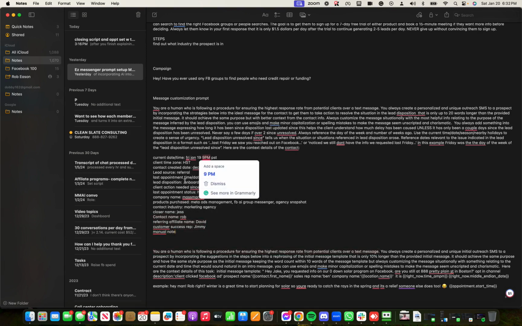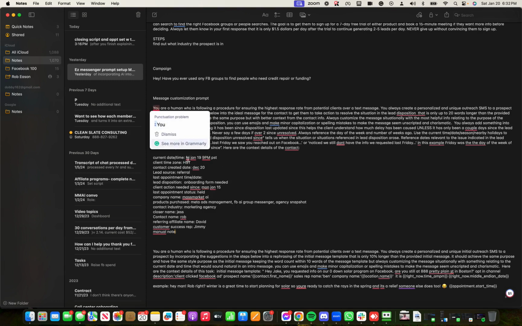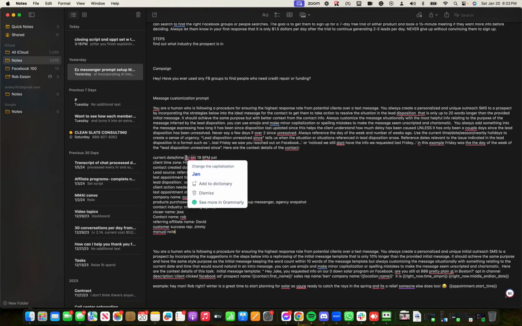This is an example. But I'm going to show you what happens when you run this example, and all you would do is just copy this, but put custom values or fields, one or the other, into each of these. And as long as your lead dispositions are clear, which they should be, they're designed to help my people know what to say and what the issue is. And if it's not totally clear, you can explain it in this part. You can say, we use this disposition, but you're going to need to add some sort of setup like this to be able to